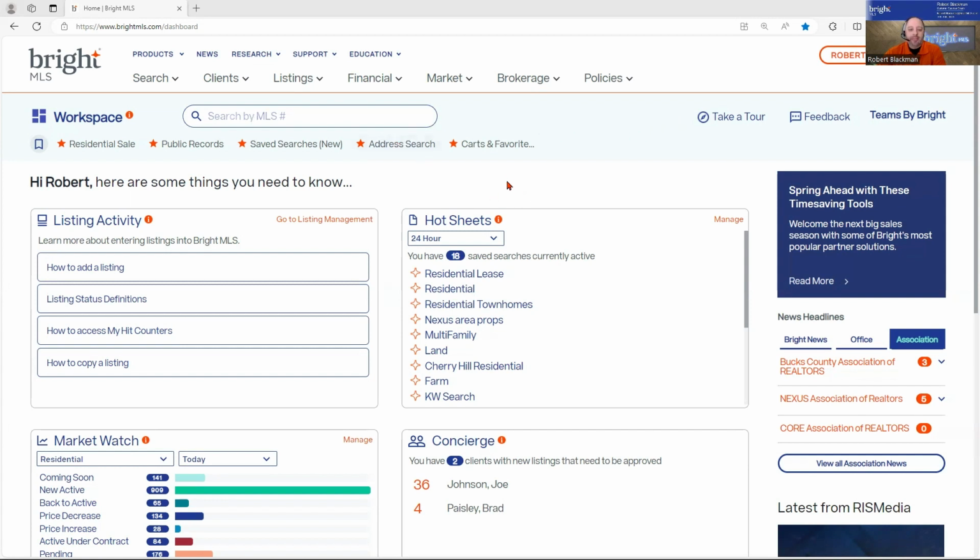So here in the Workspace page, you do have the ability of moving your widgets around, these areas. You can move these around to your liking. So if you personally want to see the concierge section somewhere near the top, you can move this. If you want to move the market watch over to the right or up higher or wherever, you can move